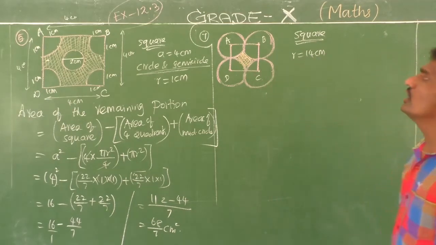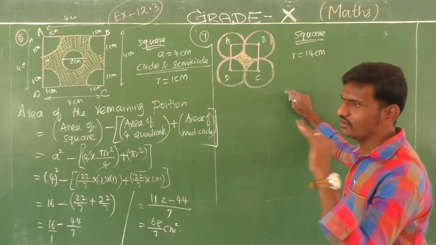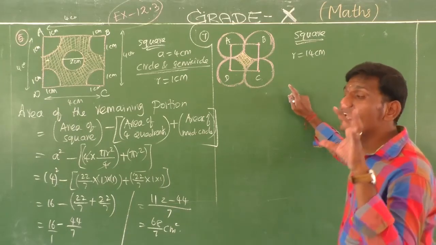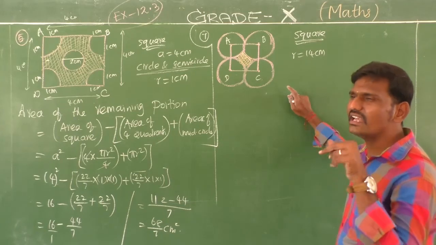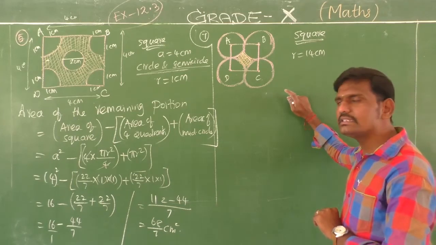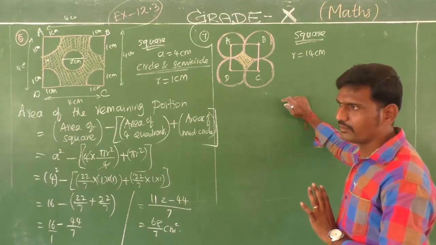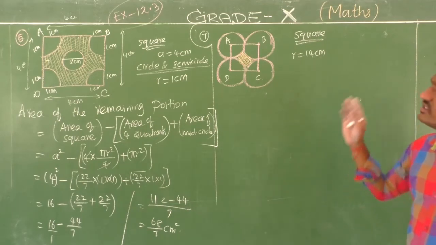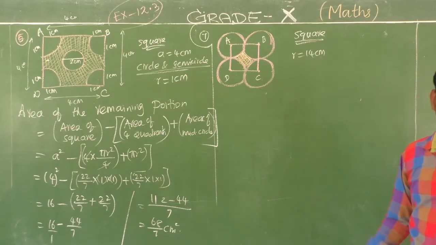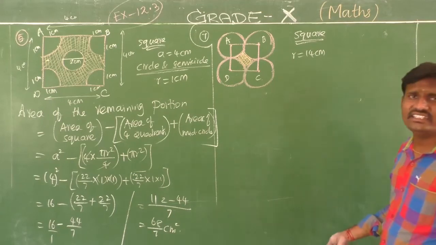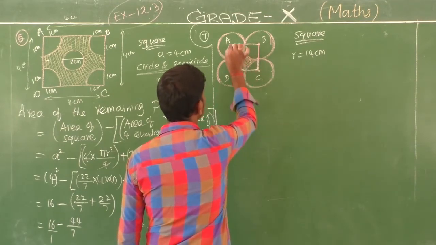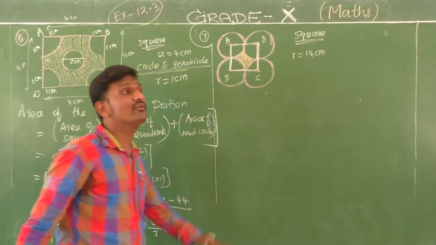So first you have to judge what this is. Four circles and next one square. So the square inside of the four circles, I mean the centers only. For each center of the circles we are going to form the square. So what we do is very simple. First we need to find the area of the square, minus the area of each sector. How many sectors are available? This is one sector and this one is one sector. This is one sector and that one is one sector. So totally four sectors are there.